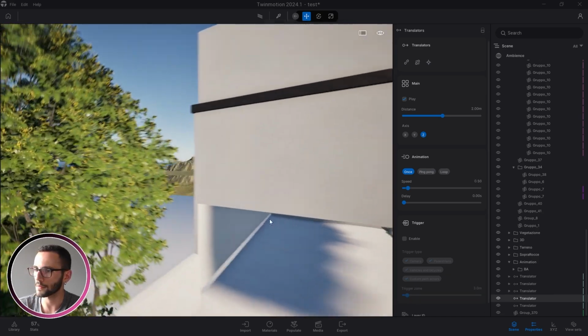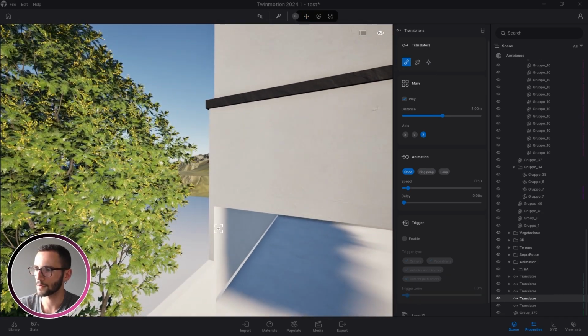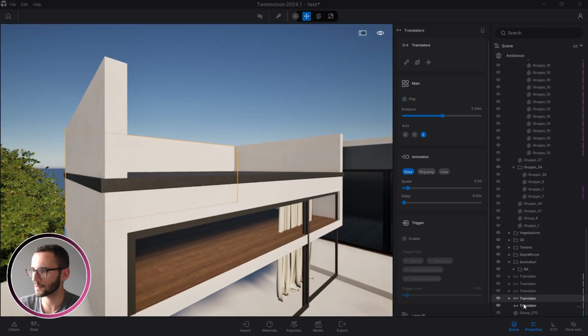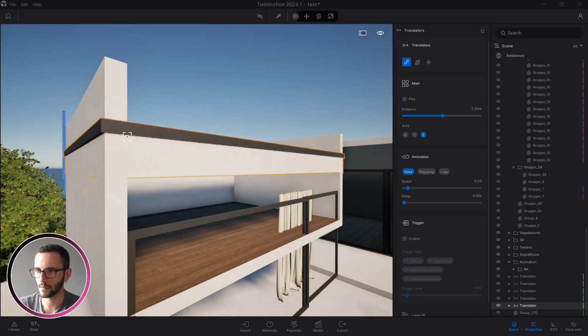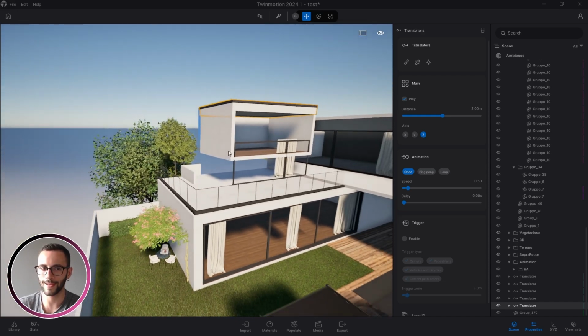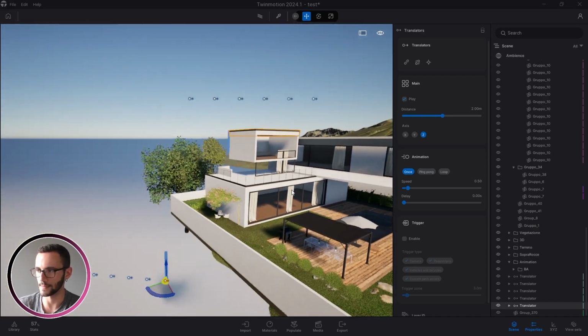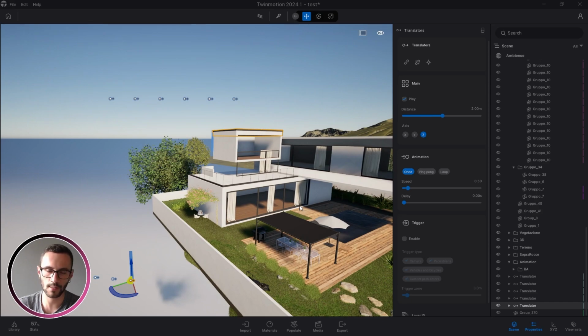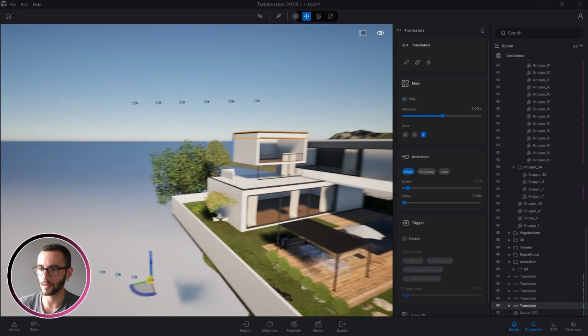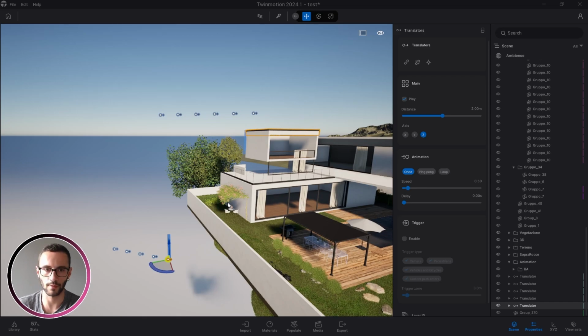This translator will be, of course, this wall. And last but not least, for the last translator, the ceiling plus this rectangular surface. So at the moment they are exactly the same as block A, but the difference should be, of course, the distance, because as I already told you,